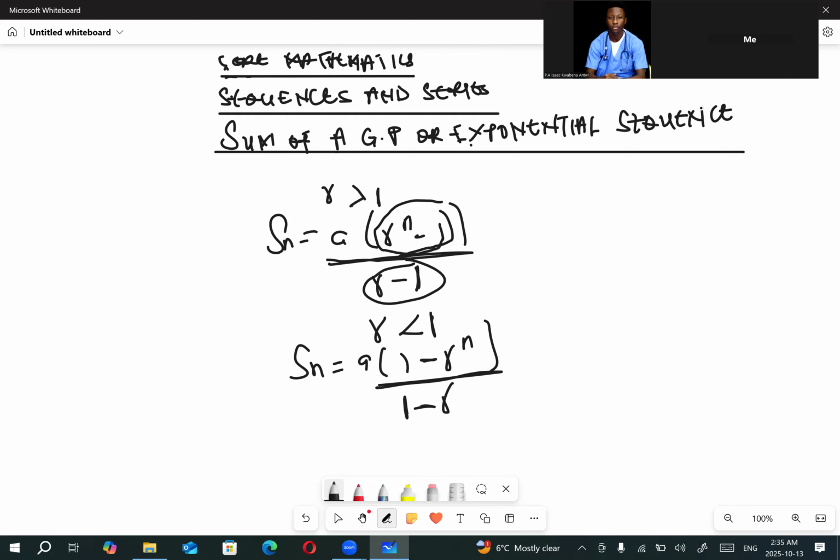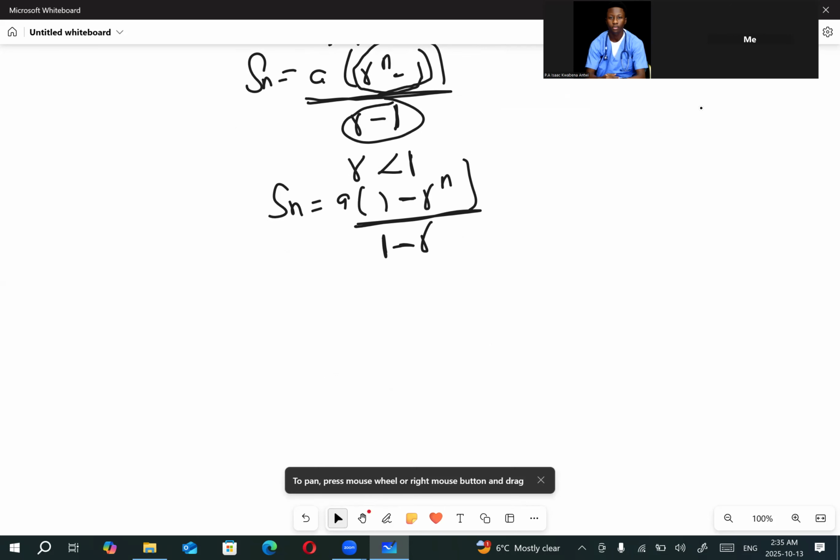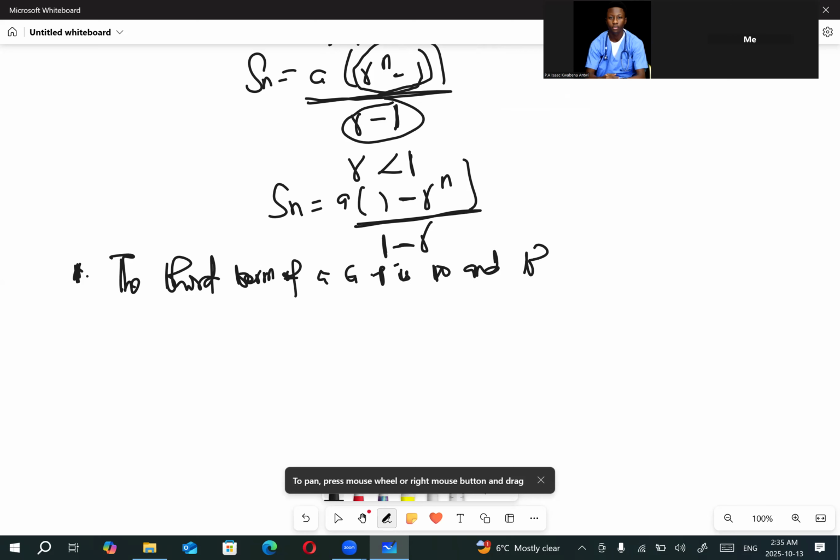Example 1: the third term of a GP is 10, and the sixth term